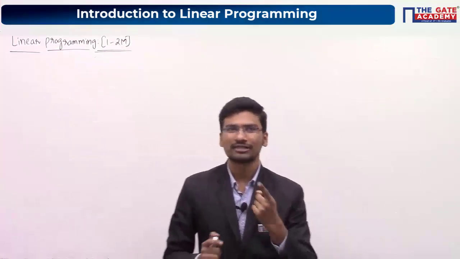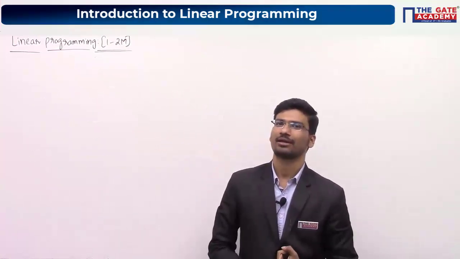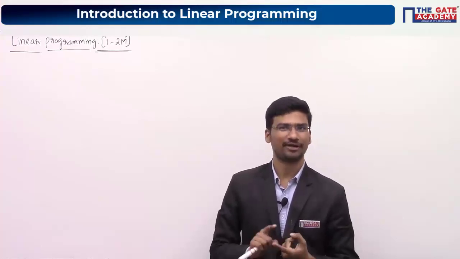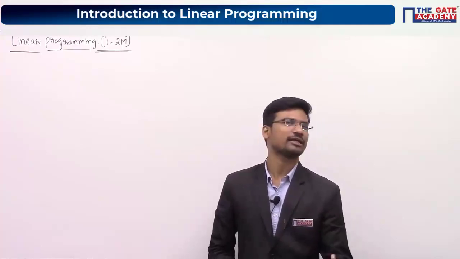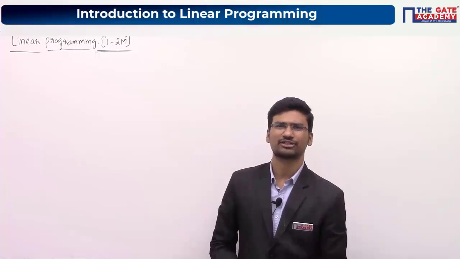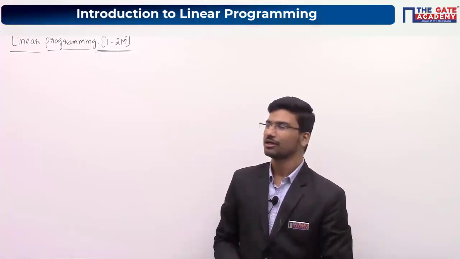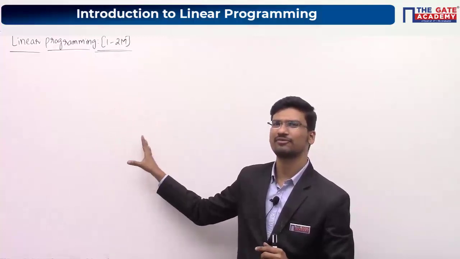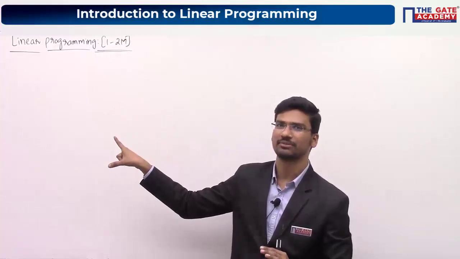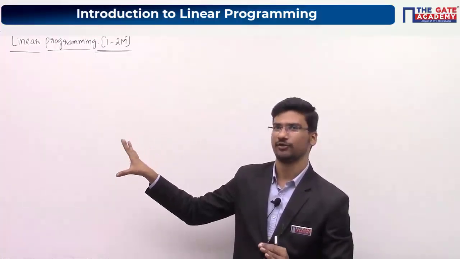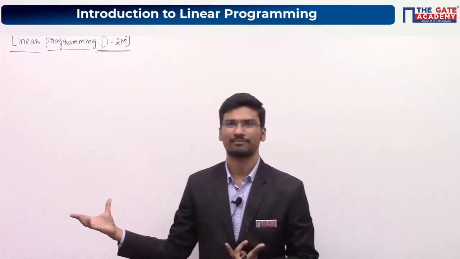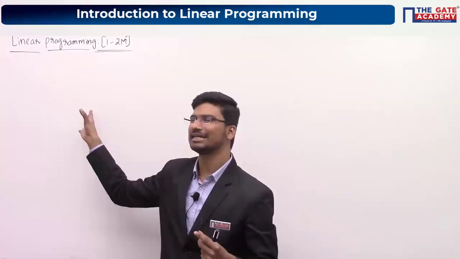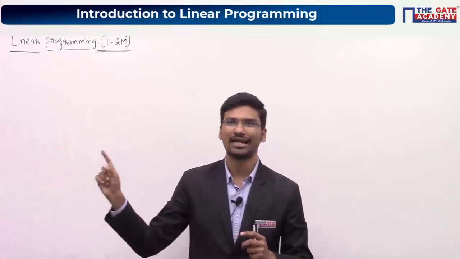So again, what is your first step? You have to identify the decision variables. After identifying decision variables, write the objective function and write down the constraints. Or else just follow the tabular form which we have discussed for the last question. Otherwise, it will be difficult for you. If you follow the tabular format, then you can easily write the objective function and constraints.